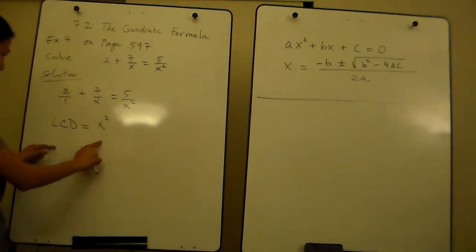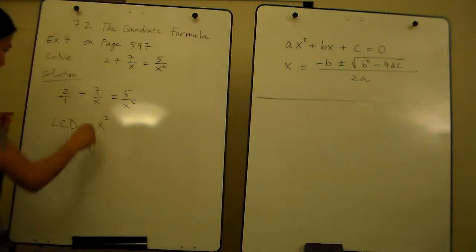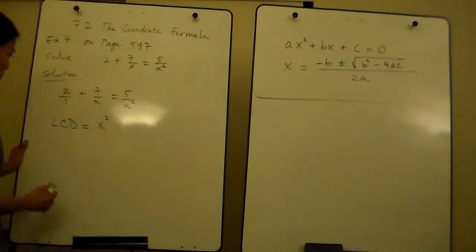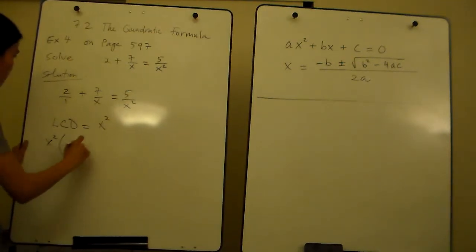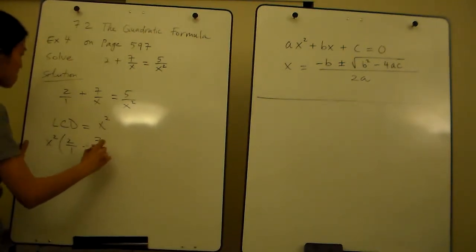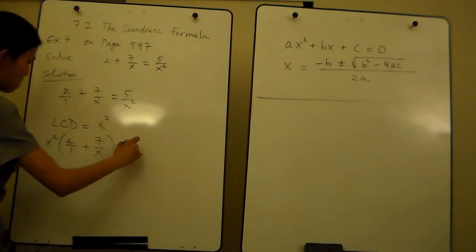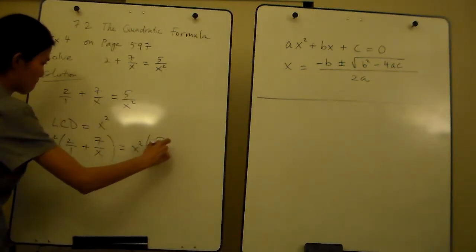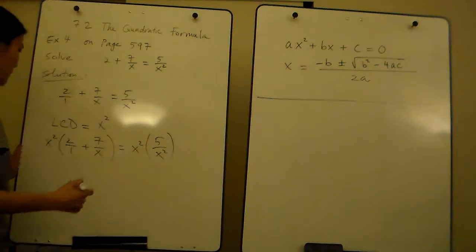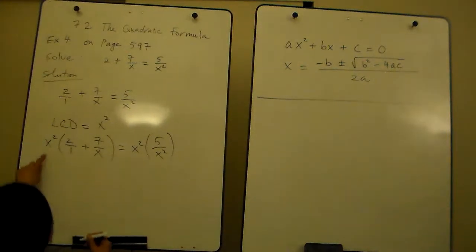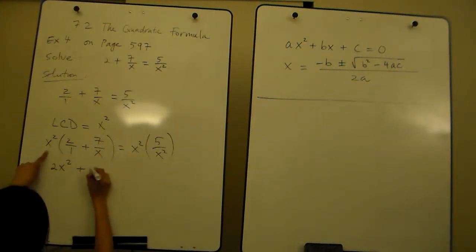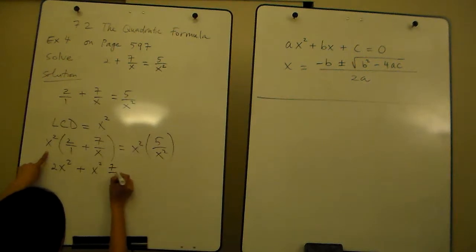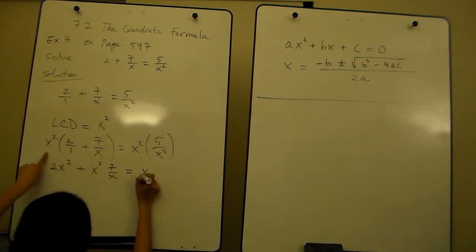So noting the LCD, our next goal is to remove all the denominators. I'm going to multiply the LCD x squared on both sides of the equation, and then simplify. I'm going to distribute this. I have x squared times 2 over 1 is 2x squared, plus x squared times 7 over x, equal to x squared